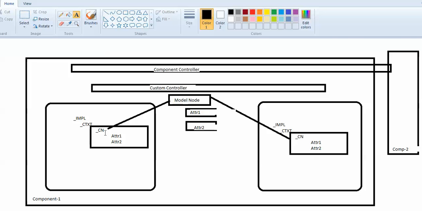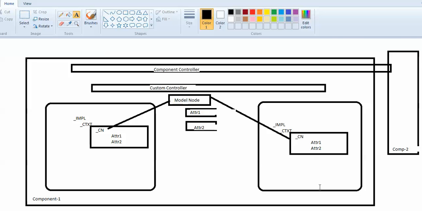It can be the model node, it can be the value node as well, and in our further tutorials we will clear the idea of what the difference is between the model node and a value node. Right now you can just think of these as context nodes. This is again a context node, this is again a context node of type model node, and this is again a context node of view 2. So this is view 2, and because we are within the component,